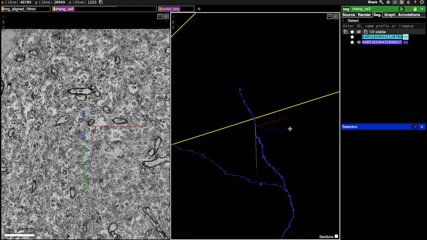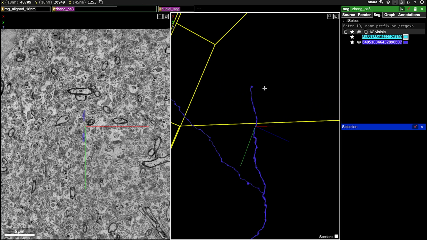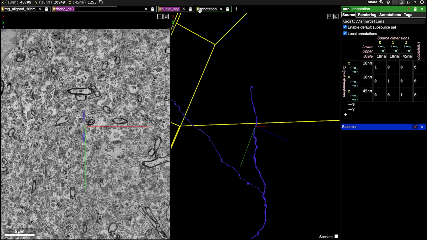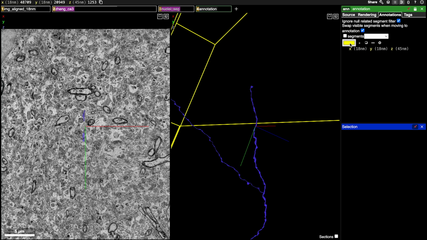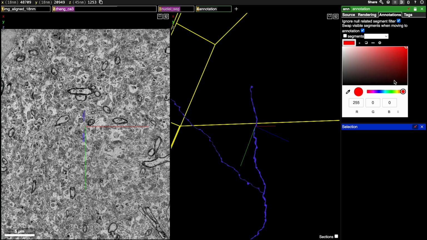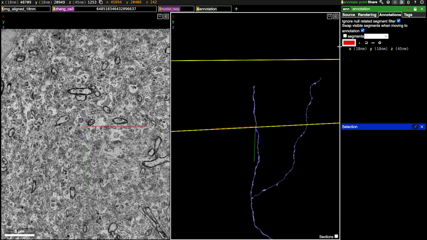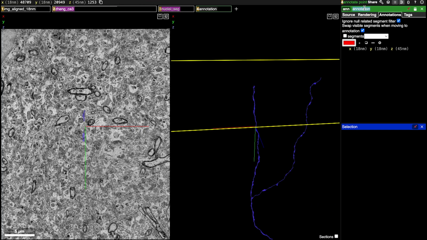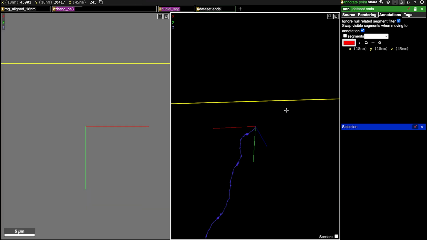That's just so I can see each branch easily, but I can always click on the eye again to get it back. Just don't click on the star because that will delete the entire task that you're looking at. Another thing that I might do with these tasks is right click to add an annotation layer. And for this one, I'm going to choose the red color. You don't have to choose red, but that's what I'm choosing. And then I'm just going to use this to mark places where the branch is hitting the end of the data set,